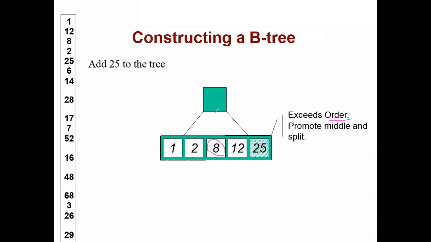it should go to the upper side, means it's promote middle and split, means 8 will be stored here and it is divided into two parts. So no doubt 8 से जो smallest element है वो left में जाएंगे और greatest जो भी है वो right में जाएंगे. So this is again the property of BST that is very important. Okay, so next step में क्या होगा, what is the next step here?